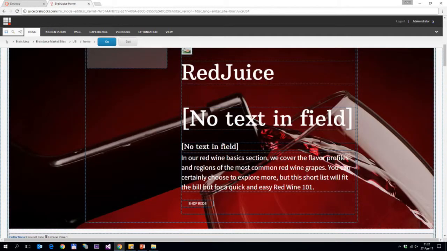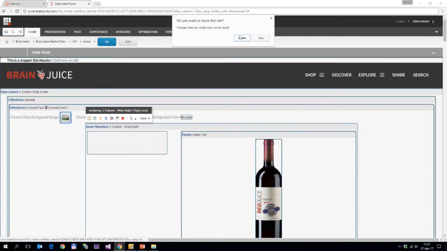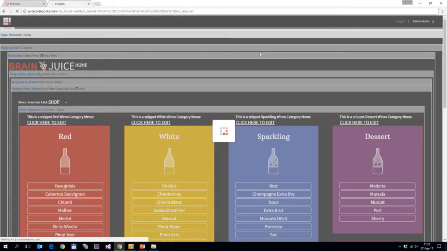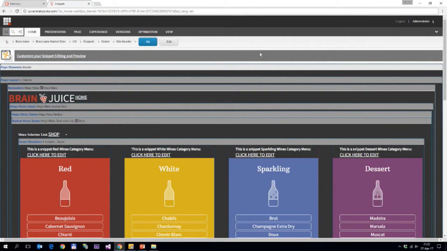What if we move a bit further with this? What if we think about the whole thing? I will go to the site header as a different component. No, I don't want to save it. So here, this is our header. And as you see, it's a pretty similar thing. It's just another rendering with a whole bunch of components, but it's edited